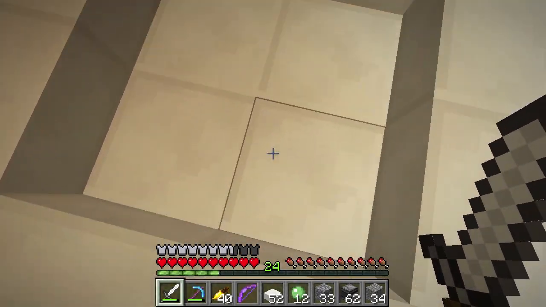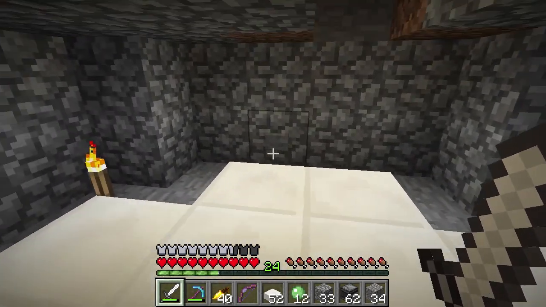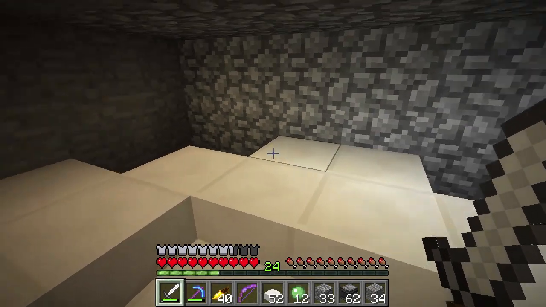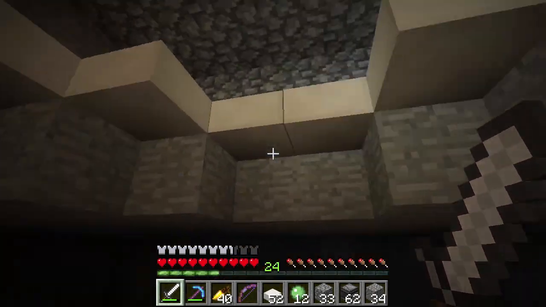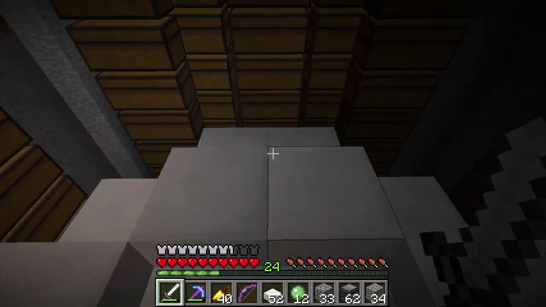And then we've got like a retracting floor system here as well. So you might notice as well, so I'll hit this button again. This bit all stays here and the floor drops out, so that's going to be cool. Yeah, we're going to have access to all these chests here,